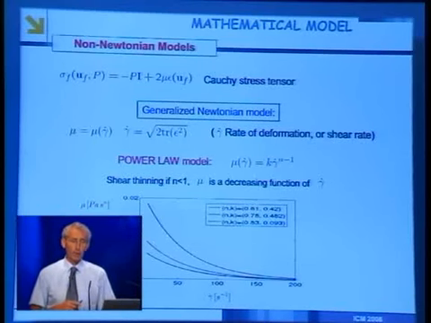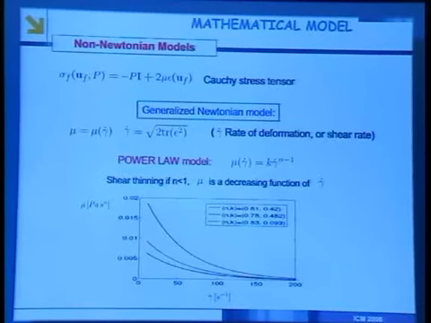So mu of gamma dot is simply proportional to gamma dot to the power n minus 1, and then n is a critical exponent. If n is less than 1, which is somehow accepted by everybody, then you have a decreasing function of gamma dot, as you see here. These are the different behaviors of the curves for different values of n and k, and you get a shear thinning fluid,